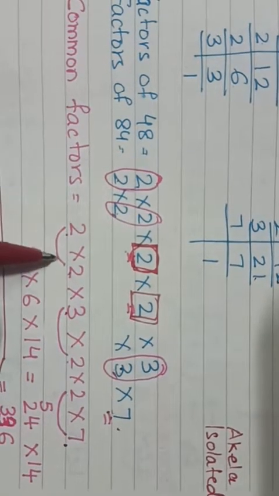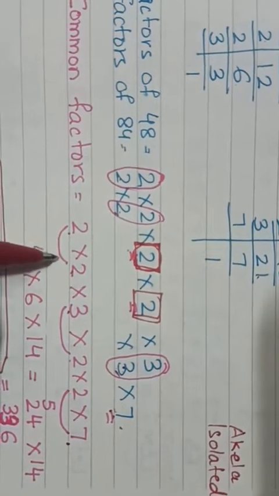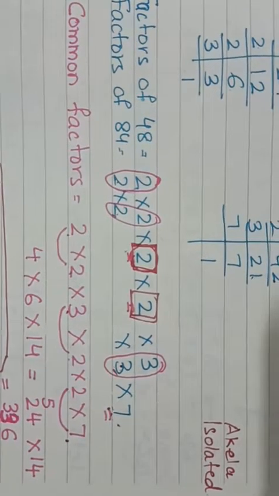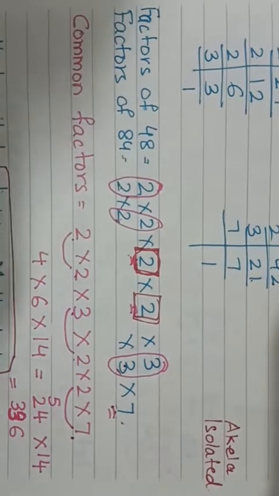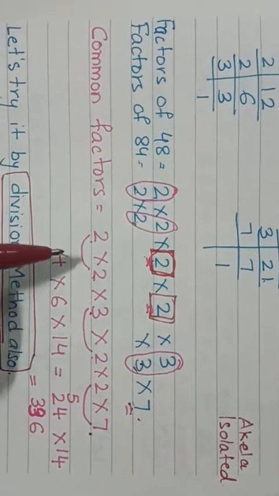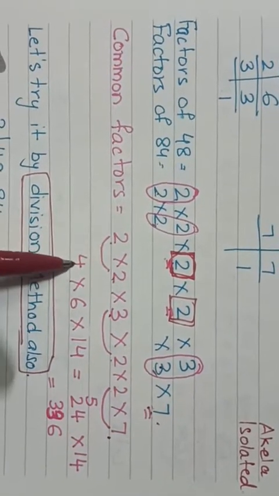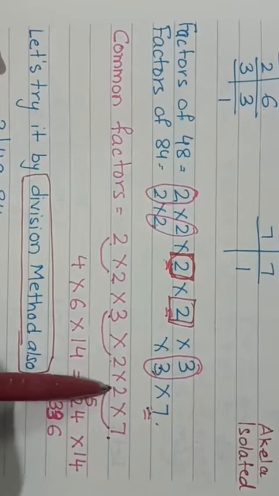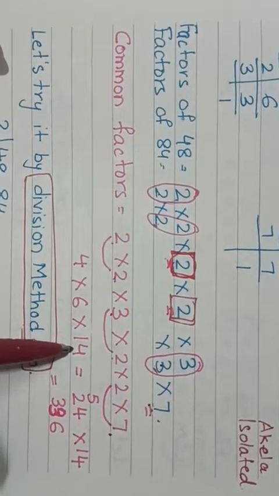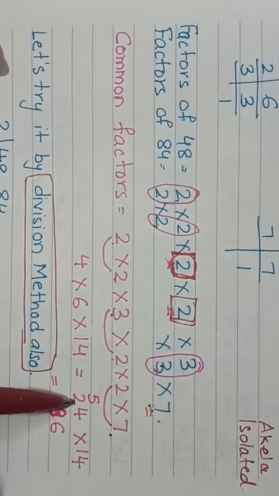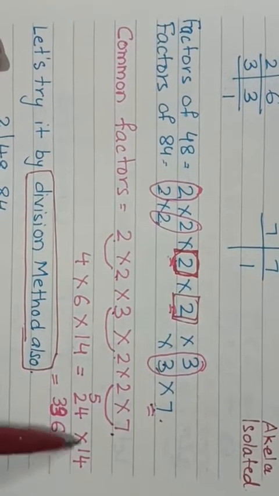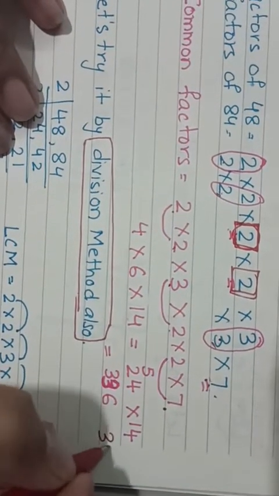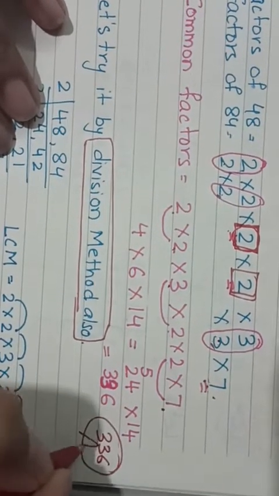So, children, we can do regrouping for them. We can do rearrangement for them. Or we can multiply them directly. As you feel comfortable, you can do it. As I have done, 2 2s are 4. Then I have taken the next 2, 3 2s are 6. Then I have taken the next 2, 7 2s are 14. So 4 6s are 24 and this 14 is there. When I multiplied 24 and 14, we got 336. This is your answer.